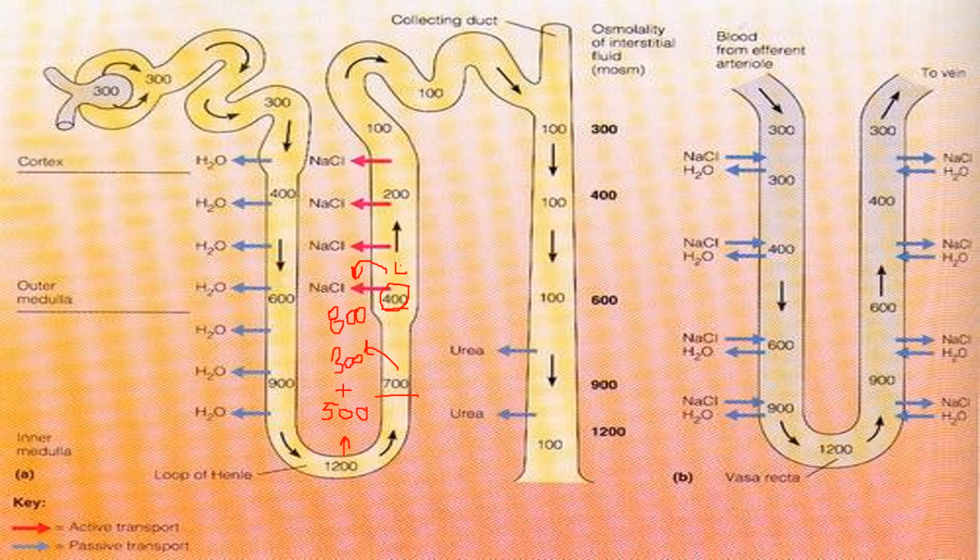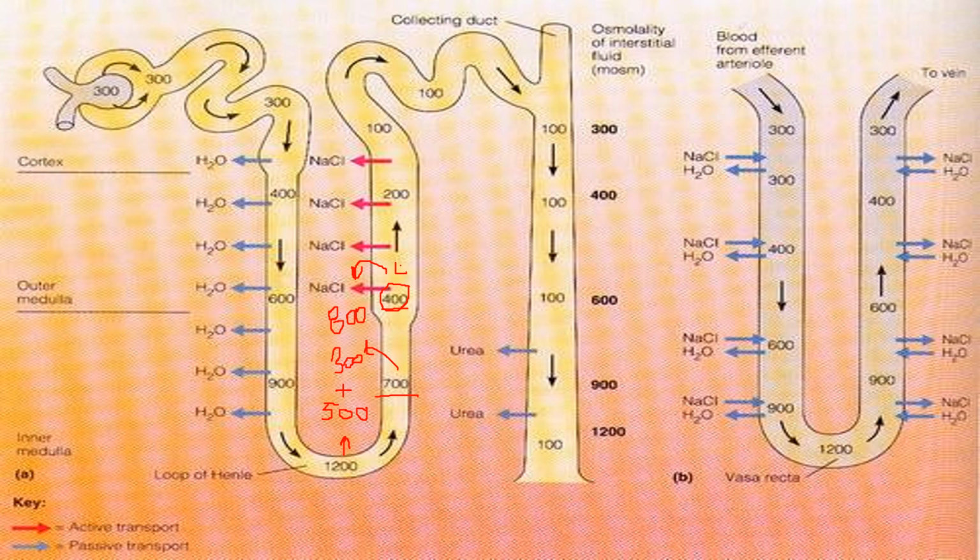This energy comes from the sodium potassium ATPase pumps. These pumps will use energy in the form of ATP, and then move these molecules also to outside the ascending limb of loop of